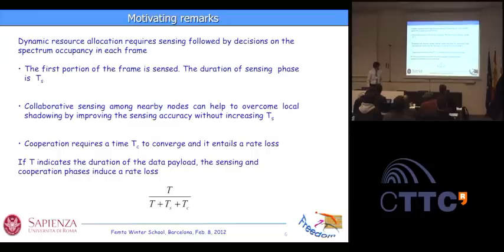Okay. So again, just to motivate the problem, if we are going to sense the channels because we want to estimate, for example, the interference energy and so on, of course we need time. So if we denote by t sub s the sensing time, this will be part of the first time slot in each frame. So within this time we sense, we estimate essentially the energy of the interference across all the sub-channels. But then, of course, if we dedicate this time for sensing, we are not sending information data at that time, so we are going to experience some rate loss.